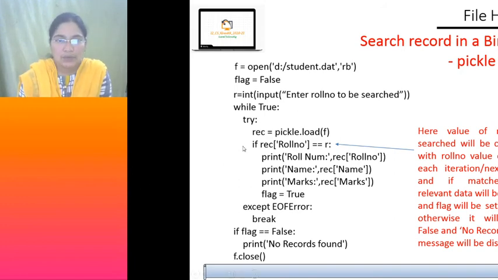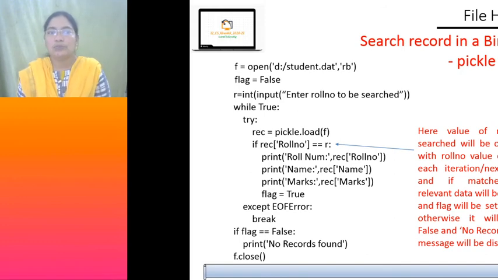Just now we have seen the same thing, but only after reading one object. Here our object is a dictionary, right? In that dictionary, if the key is roll number, and that roll number is matching with this roll number, or if it is a list or anything, whatever object you have placed, accordingly you perform the operation.